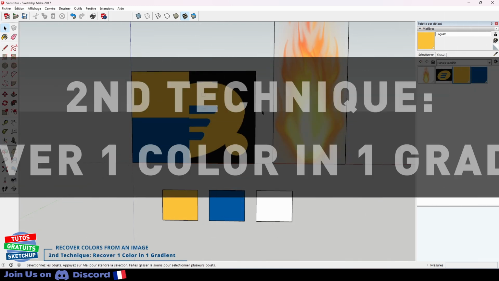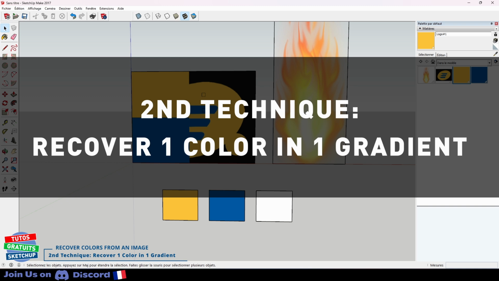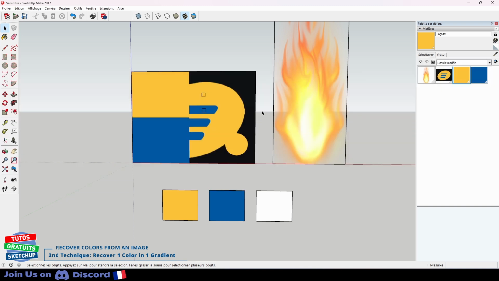We will now move on to gradient colors. First you need to add as many squares as there are colors you want to restore. I'm only doing one for this example. It's the same technique for each color you want to restore. It's up to you how much you need to do. Once you have drawn your squares in a row, you need to apply a color to them. And if possible, a different color from the model.